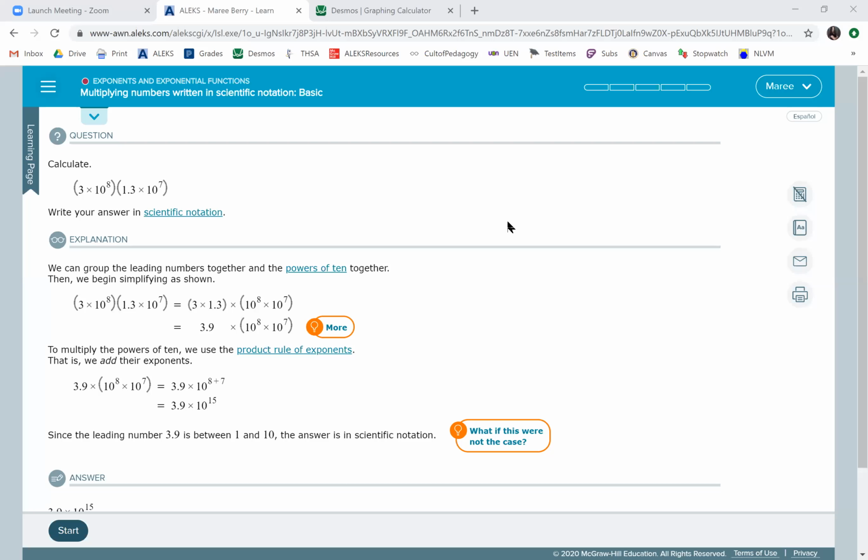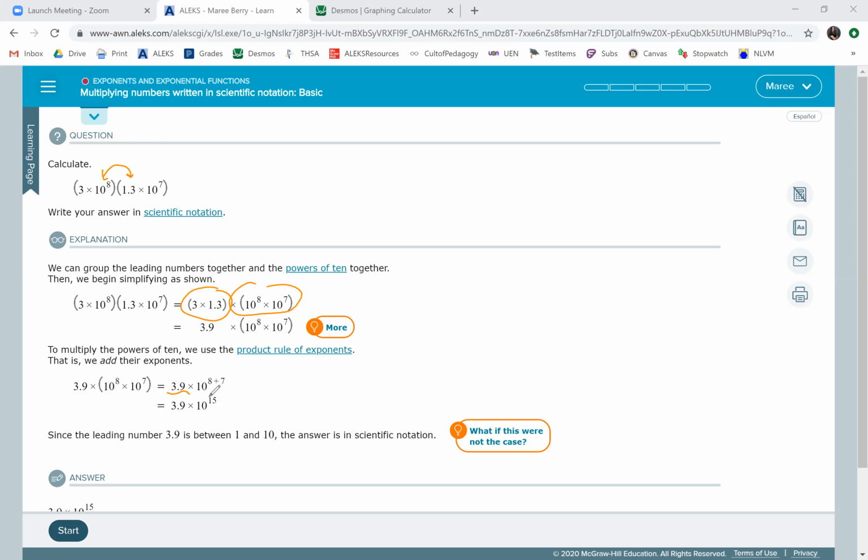We get to use the commutative property in this topic because we are multiplying all of these numbers together. We can switch the two middle numbers. So I usually just teach this where you just take these two numbers and switch them so that the 3 and the 1.3 are together and the powers of 10 are together. So then when you multiply the two numbers together, you get another number and you add the exponents to get